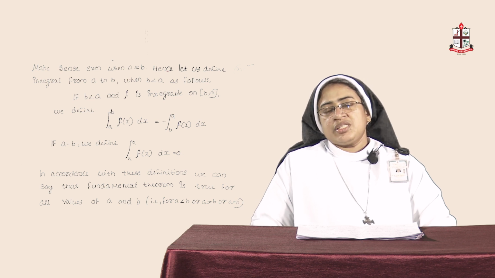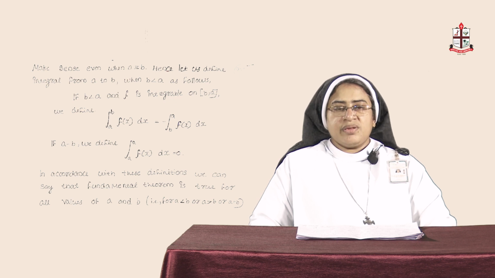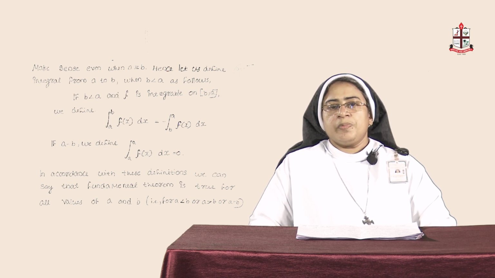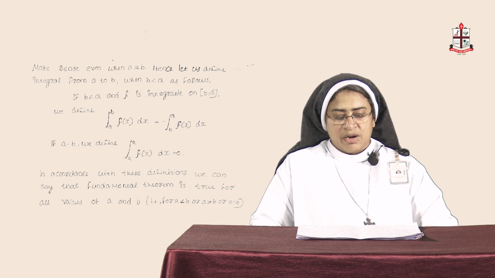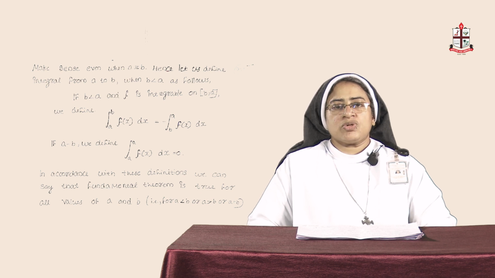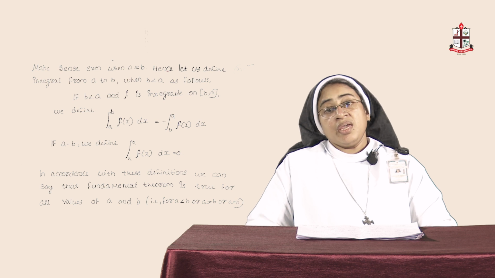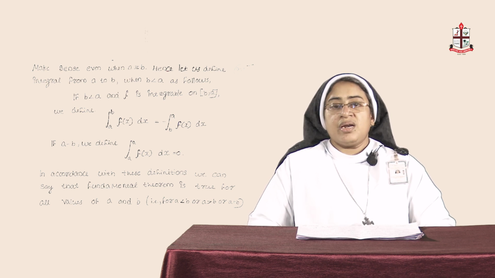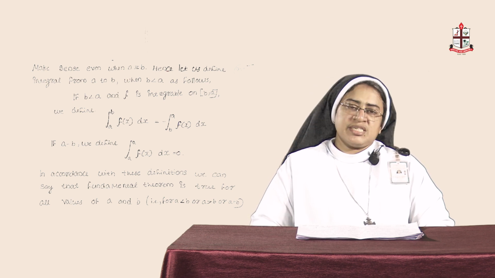That is, when we are changing the interval a to b into interval b to a, the sign change is important. If a equals b, then we will define it as integral a to a f of x dx. What will happen? The upper limit and lower limit are the same, means the integral value will be equal to 0. In accordance with these definitions, we can say that the fundamental theorem is true for all values of a and b, for a less than b or a greater than b or a equals b. The last one, if a equals b, is integral a to a. So, by this I hope you know the basic concepts for definite integral,